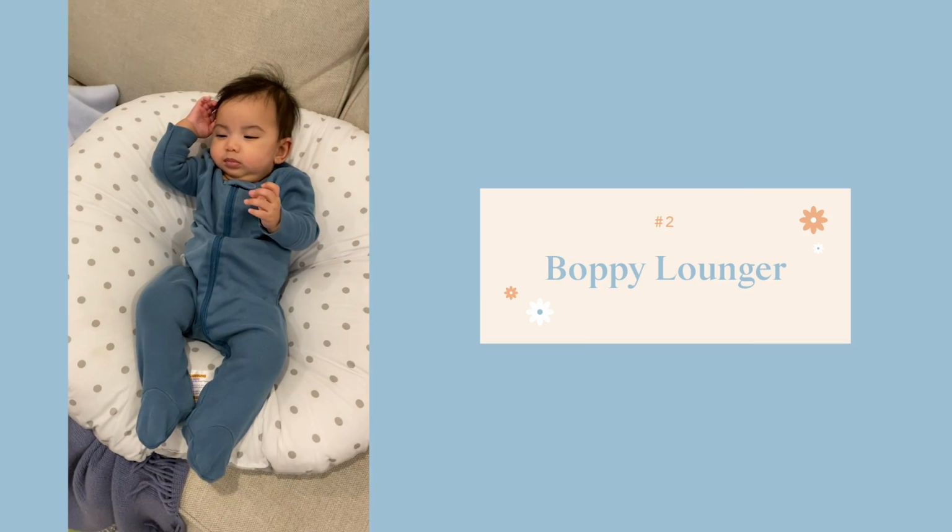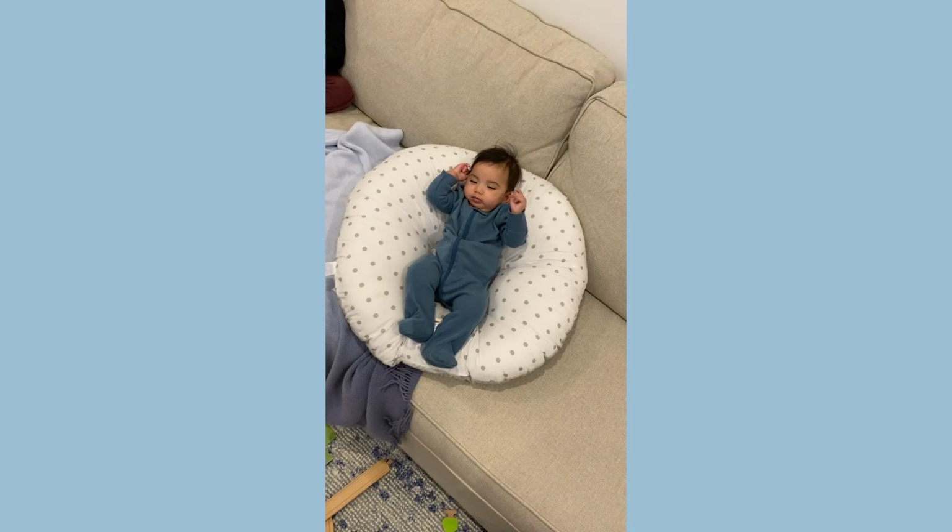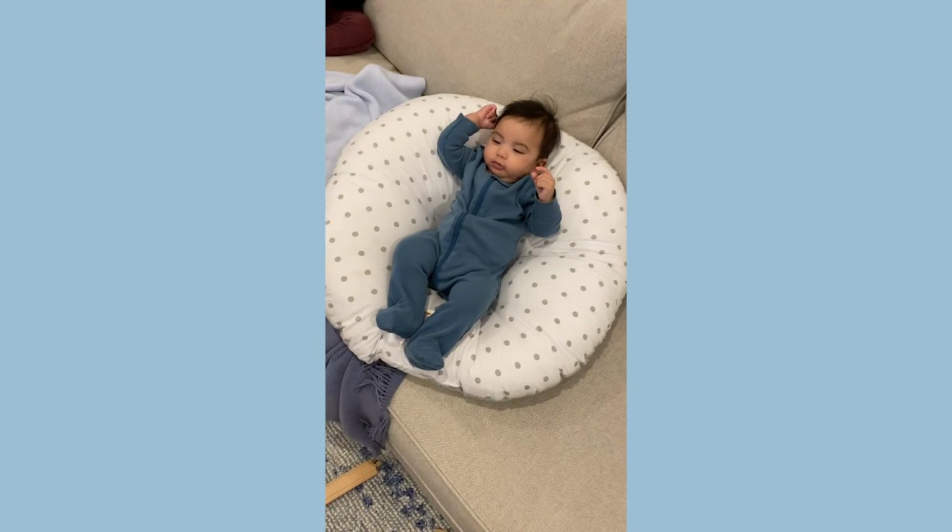Newborn must-have number two is actually a very reasonably priced product. It is the Boppy Lounger. I use this product with both of my children, and it's one of my favorite baby shower gifts because everybody can use it. It's essentially this perfectly made cushion for your baby to hang out with you